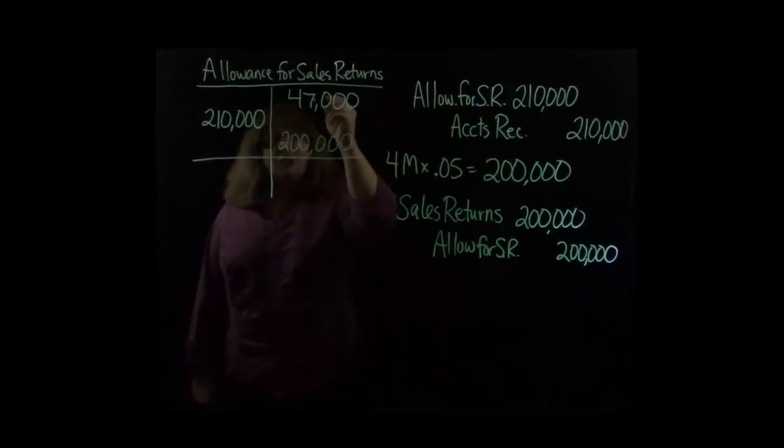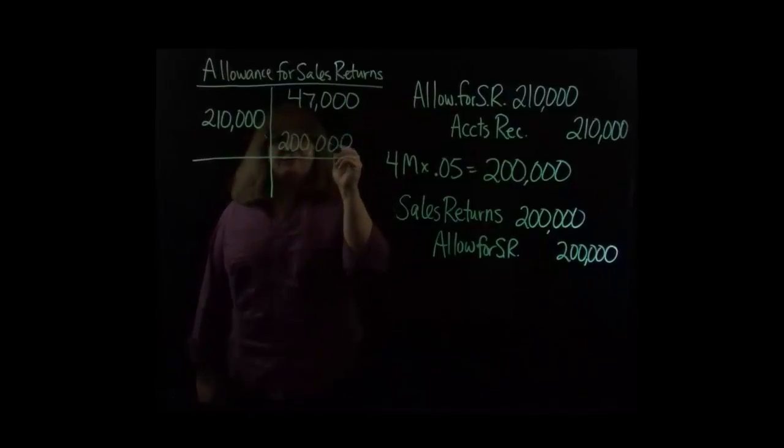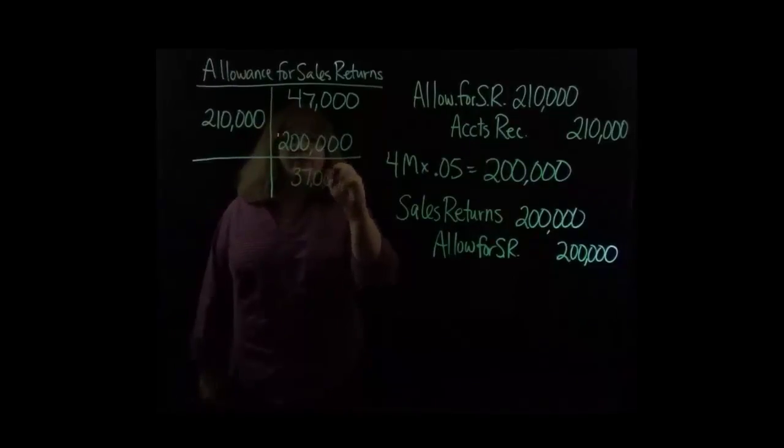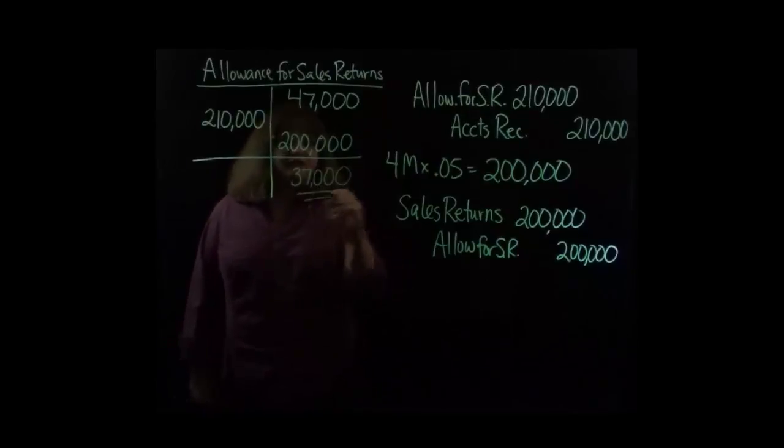And that means if we started with a balance of $47,000, and we subtracted $210,000 and then added $200,000 back, that would mean that we ended with a credit balance of $37,000. So that's the answer to the question,